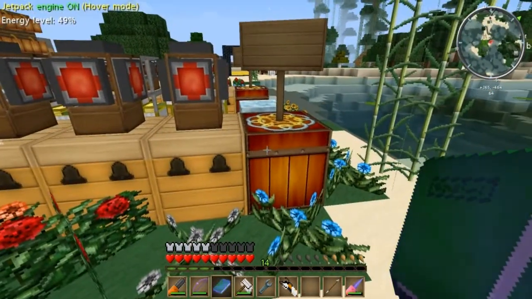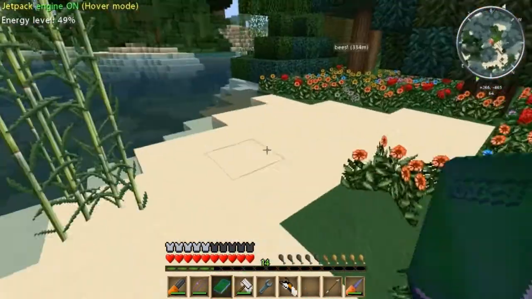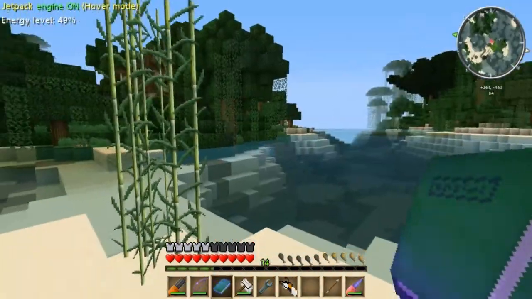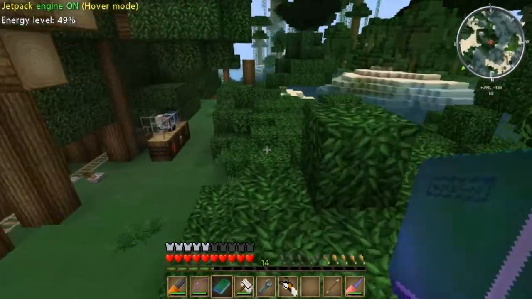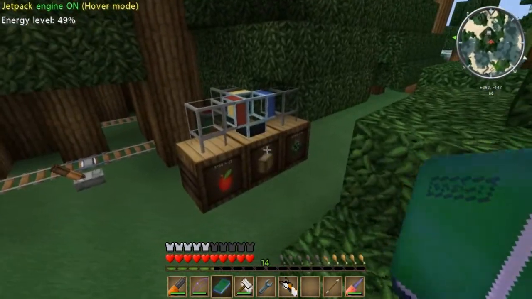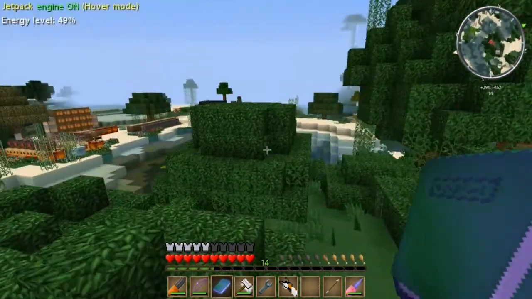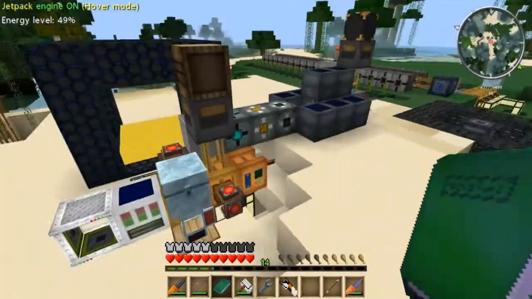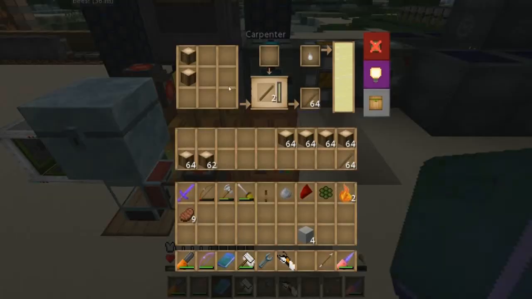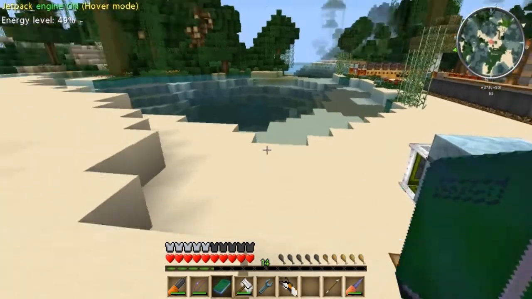So all of that ended up being kind of an unneeded distraction, especially since in my tours around the world I had already found plenty of Valiant Bees to start that work. If you go over here, we've got a tree farm that's located in here, which I believe is completely full of logs. Those will be processed through the carpenter to make us impregnated sticks,